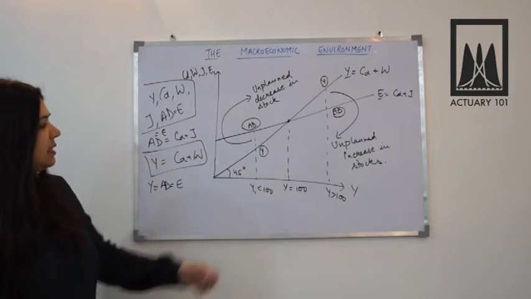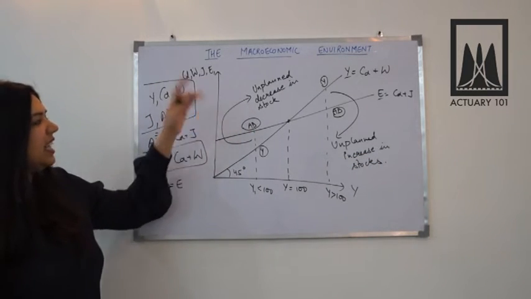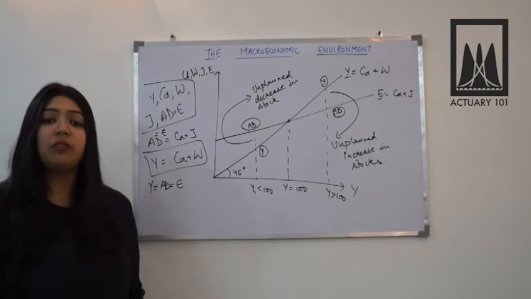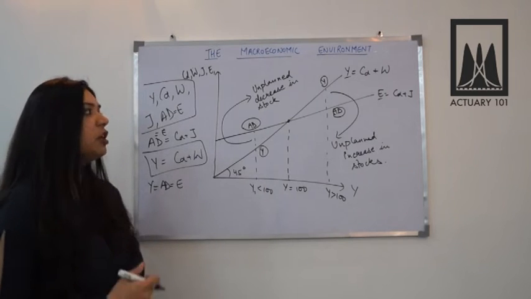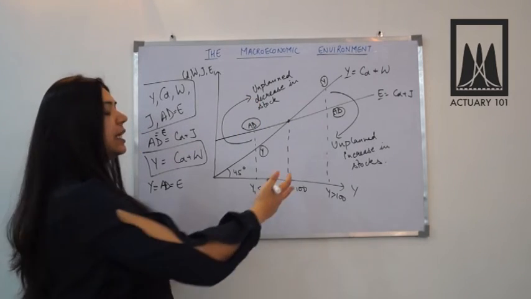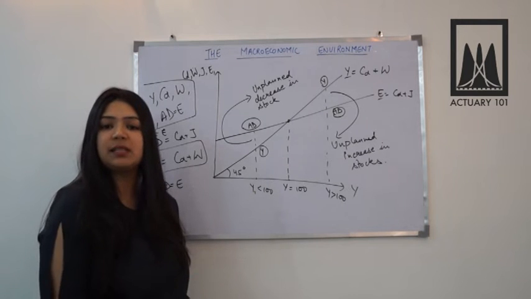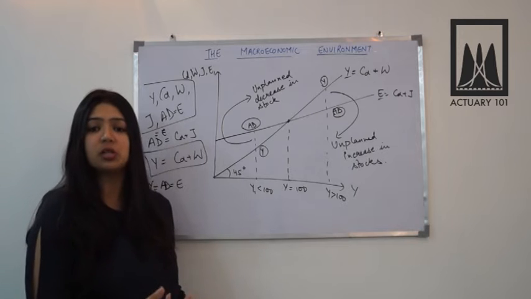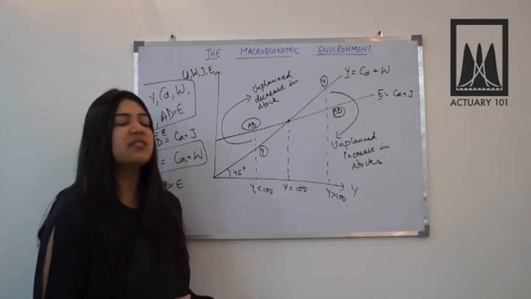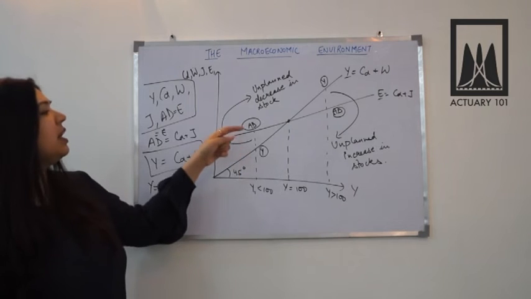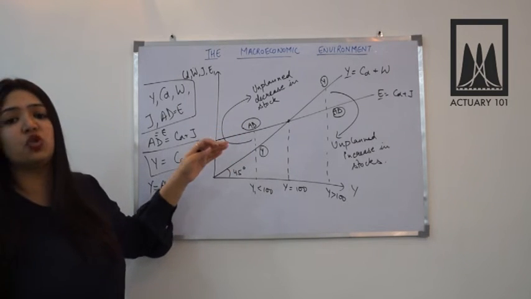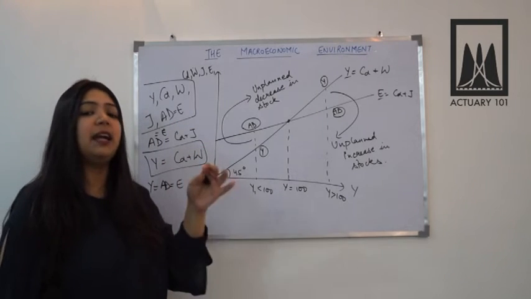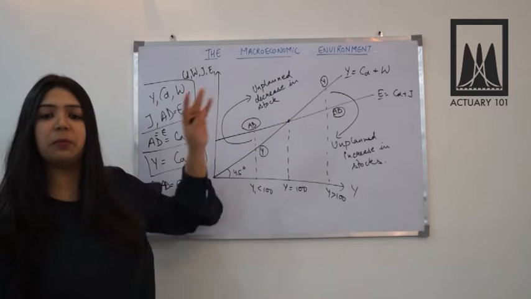So now when these situations occur, when there is an unplanned decrease or increase in stocks, either we will work on the supply side or we will work on the demand side. So if we work on the supply side here, if there is a decrease in stock, we will want to increase the supply, so the government will provide incentives to suppliers or producers to produce more and more goods and services. And also they will discourage the consumers to buy more and more, because they will try to reduce the demand and increase the supply at the same time to achieve the equilibrium here.